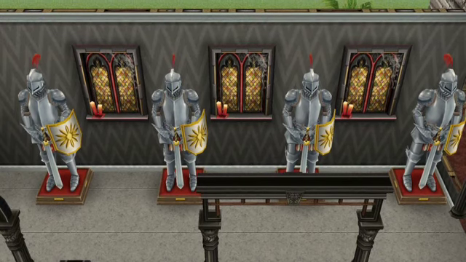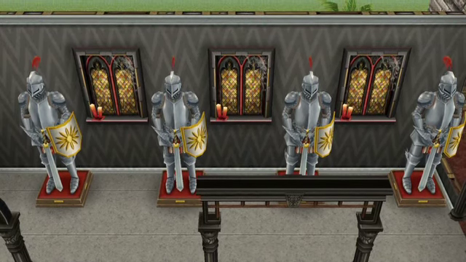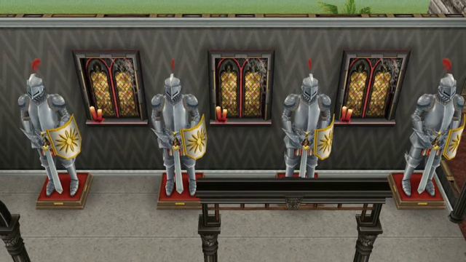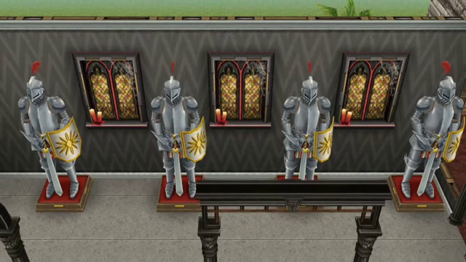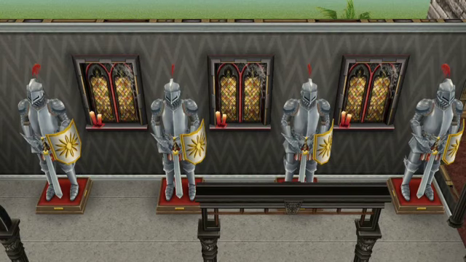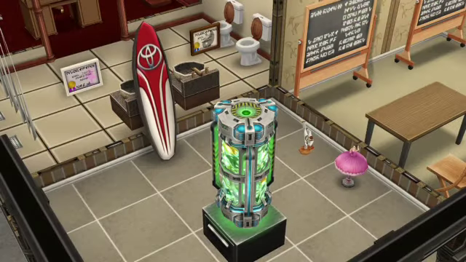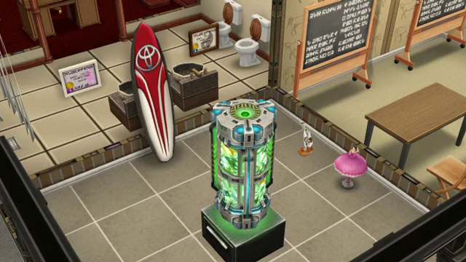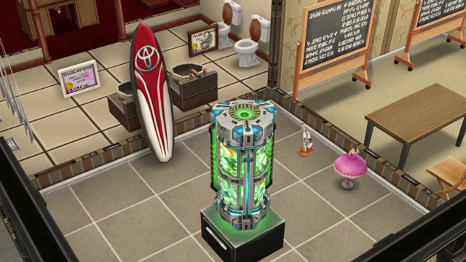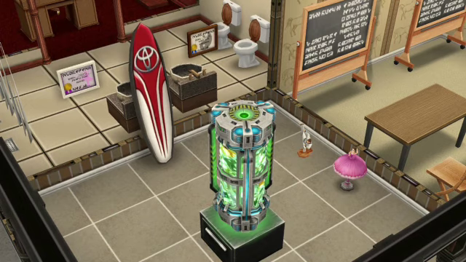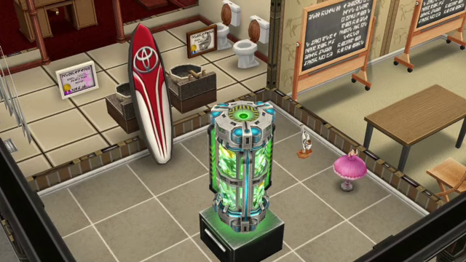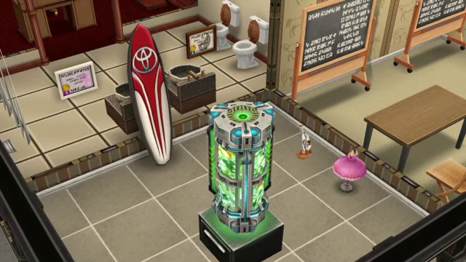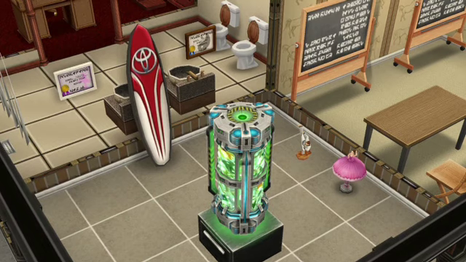So I've included the third story with this corridor, and actually this corridor is supposed to be right adjacent to the trophy room, which I've included also right next to this corridor. Because that corridor of armors is supposed to be right next to a trophy room, I've included a room that sort of resembles a trophy room in the Sims world. There's not really any actual trophies if you look in the furniture store, so I've just built a room that has